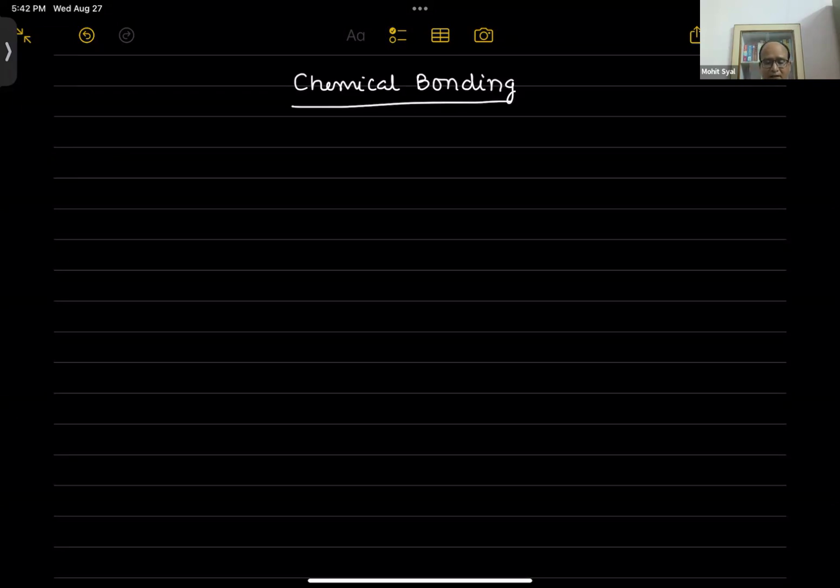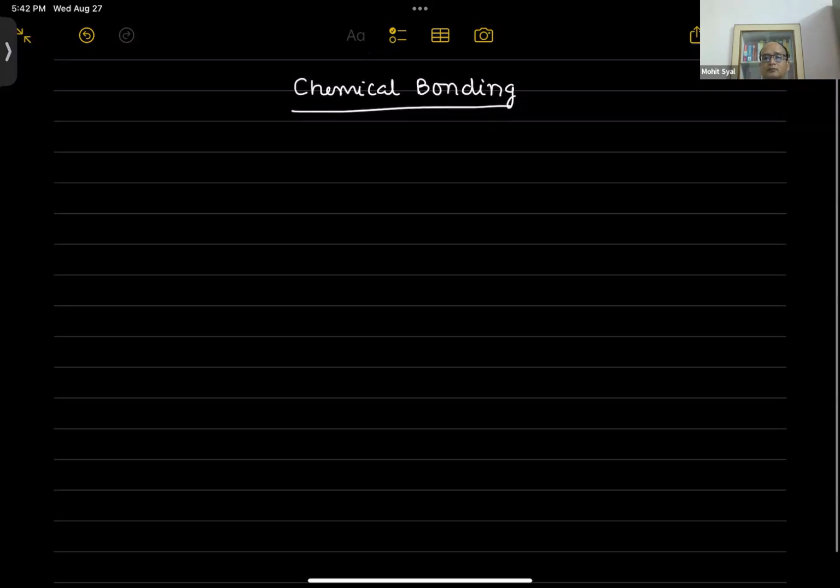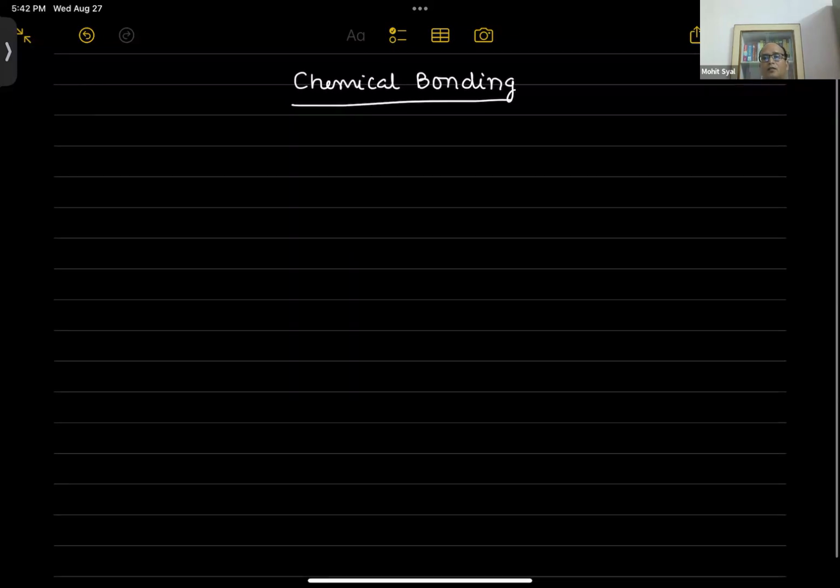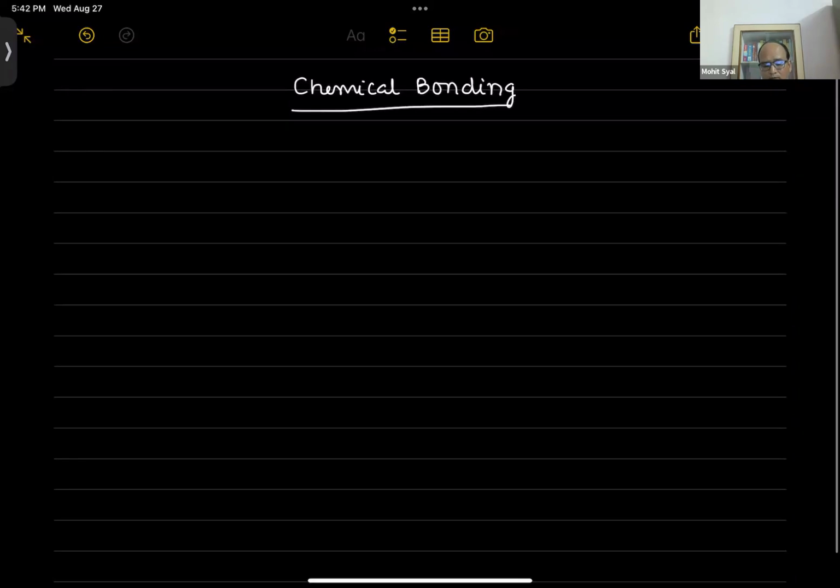What is the actual reason for chemical bond formation? What do you think is the actual reason for chemical bond formation? Why do atoms combine together? To stabilize their orbitals. Yeah. So the old theory was, as per the Lewis approach,